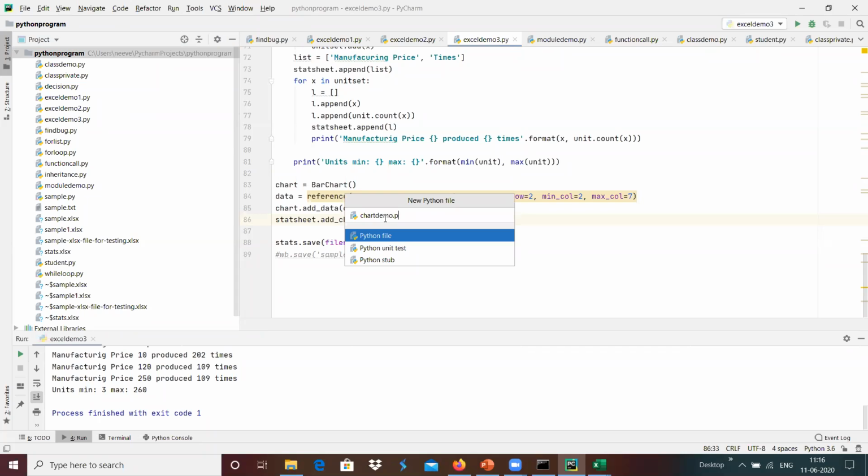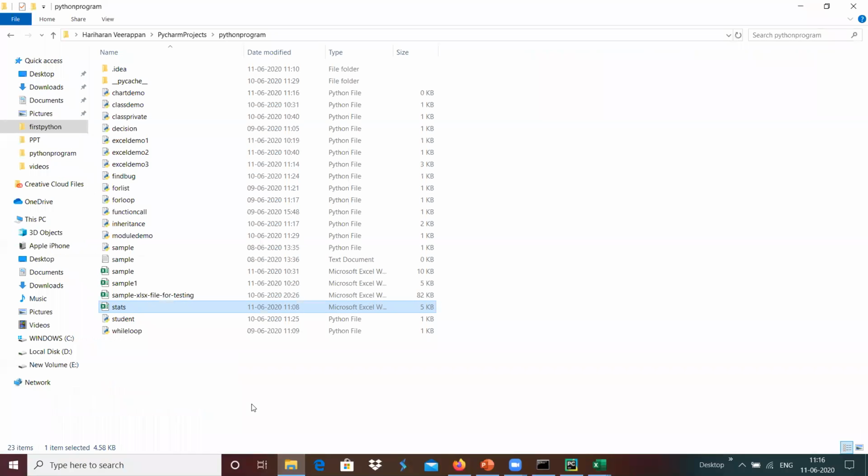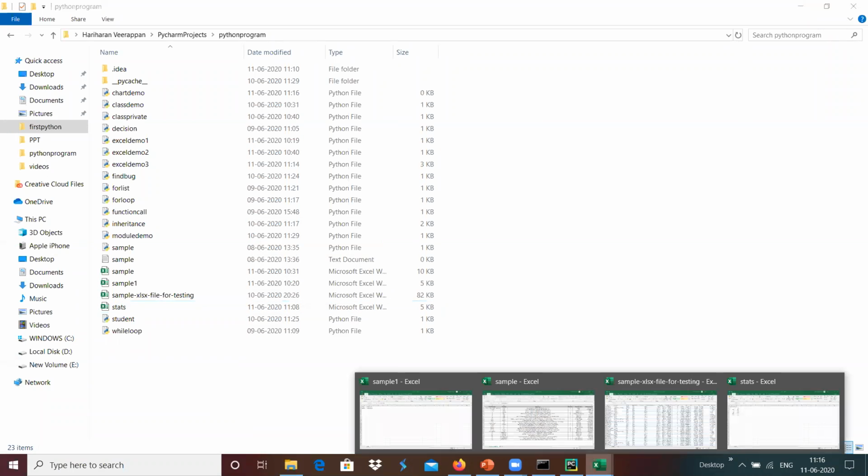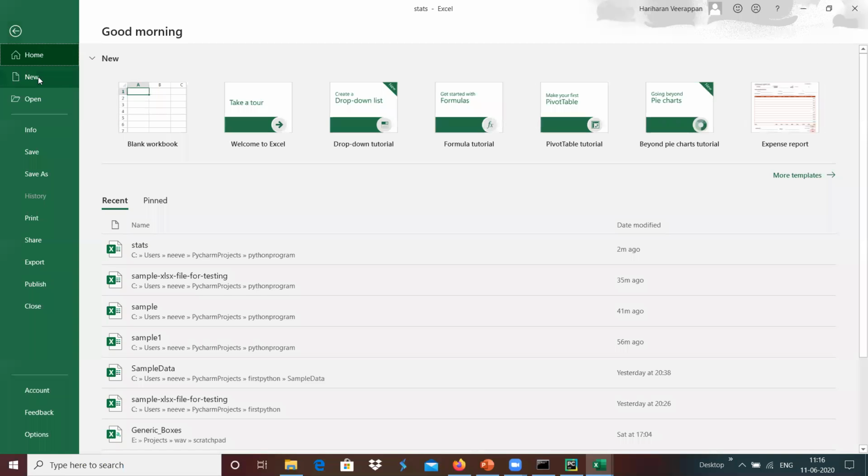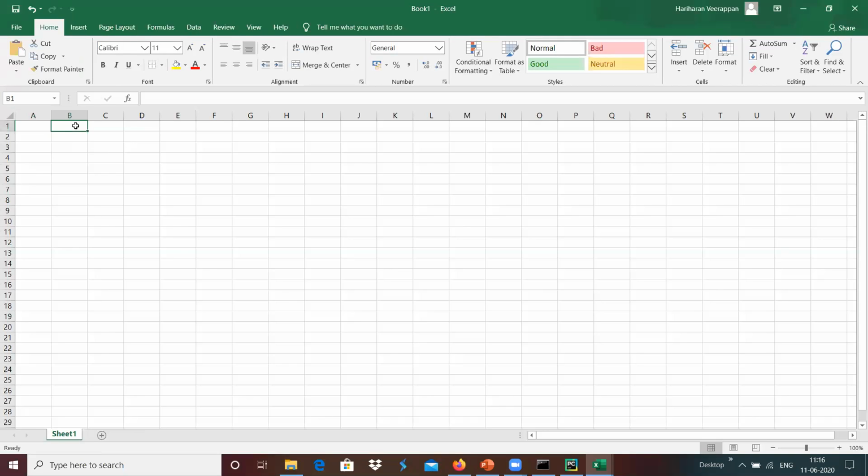chart_demo.py over here. And I'm going to create an Excel file, a new blank workbook, and I'm going to save something like A, B, C, D, E, F, G, like that, and maybe I have that information 1, 2, and 10, 20, and 23, 40, and we have 56, 45, and we have 22, 33, and we have 44, 55, and 66, 77, and we have 88, 99 over here.